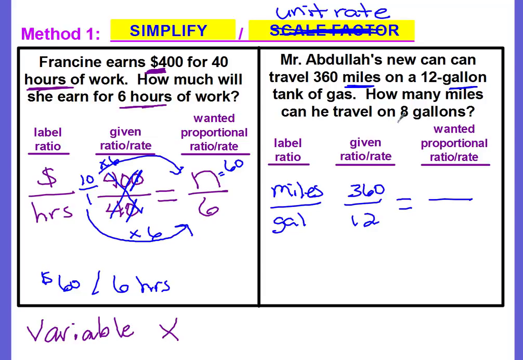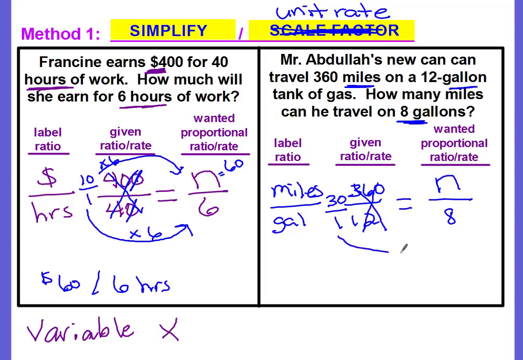And on our new rate, we need 8 gallons of gas. The gallons goes on the bottom. So the unknown is the number of miles. That's going to be our variable n. I can see that I can find the unit rate by dividing. I know that I can divide by 12. 360 divided by 12 is going to give me 30. 12 divided by 12 will give me a 1. So I'm going to cross out,